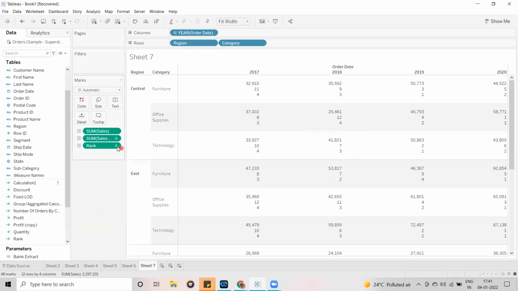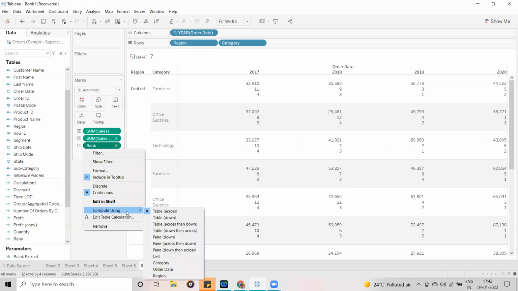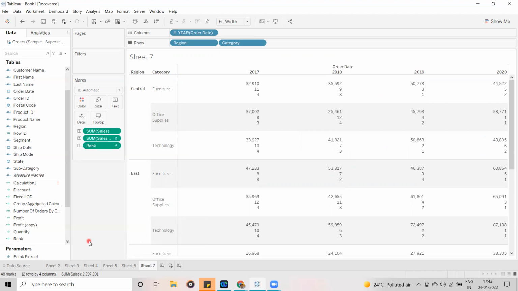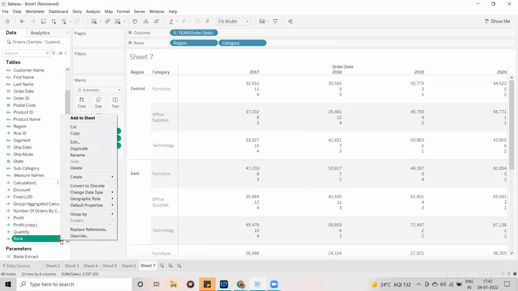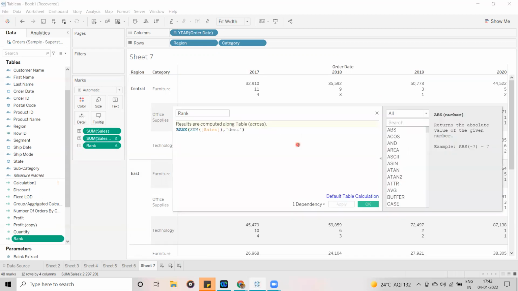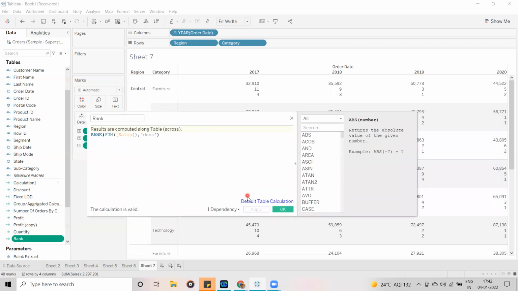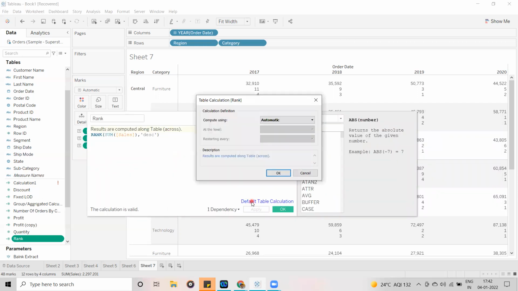Now you can click on this and compute using, or in the calculation itself. Let me edit this calculation, and now you can see the results are computed along table across. It is showing the message here itself. If you want to change that option, you can click on this.